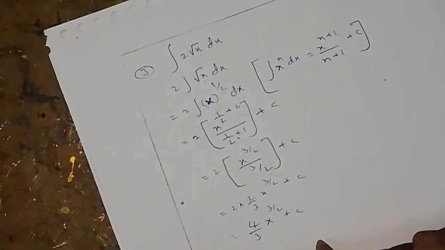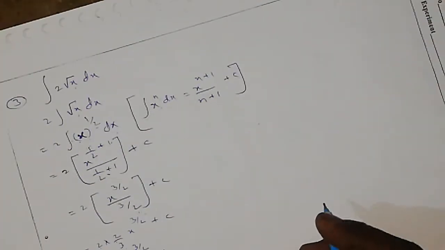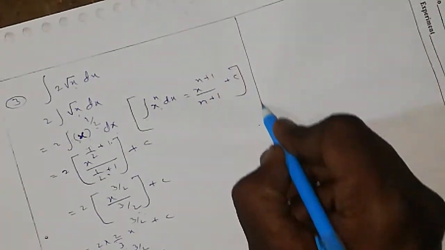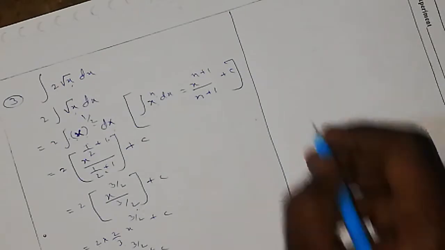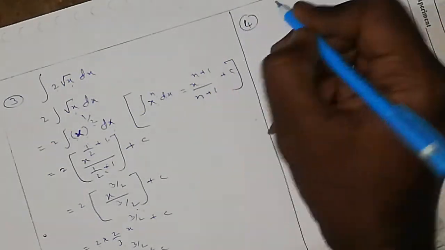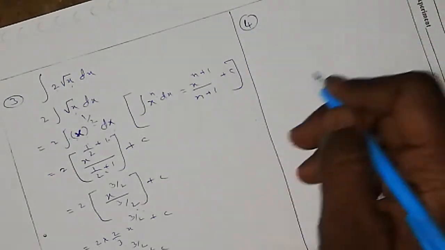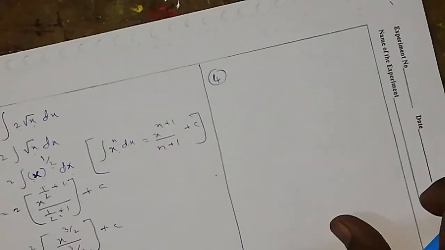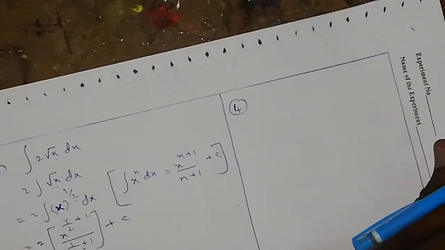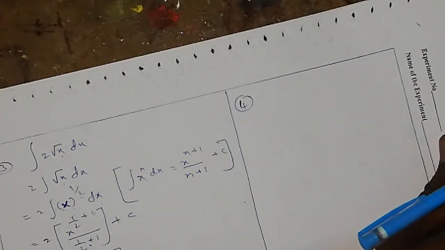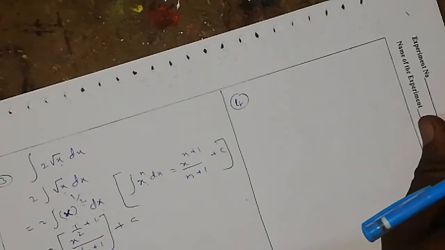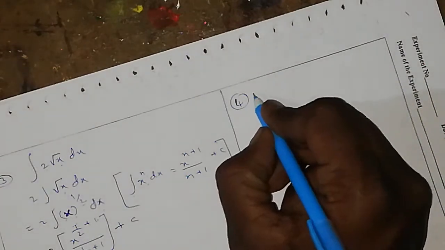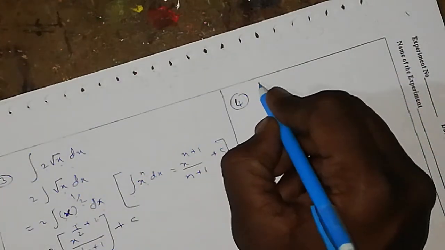Right? Like this, we can do one more problem. Why am I explaining this many problems? First of all, you have to understand the concept, right? How we are applying the formulas, based on the related formula. So now I am taking another form.